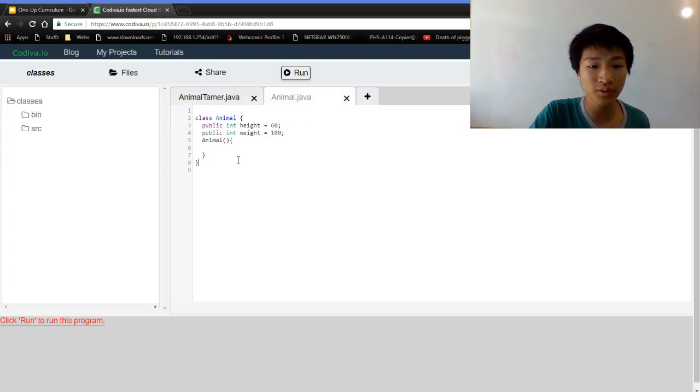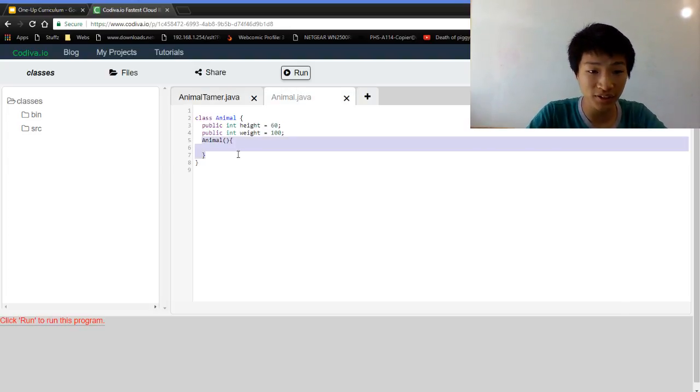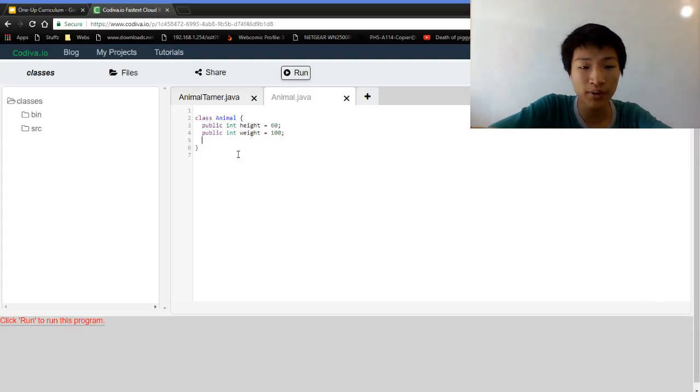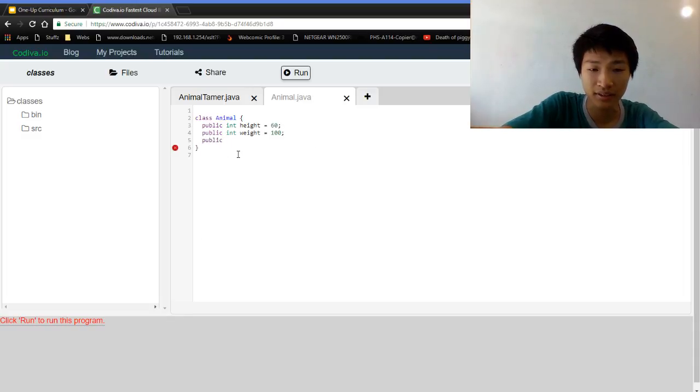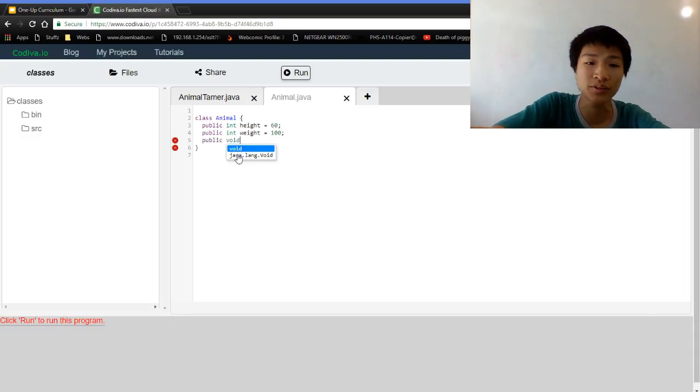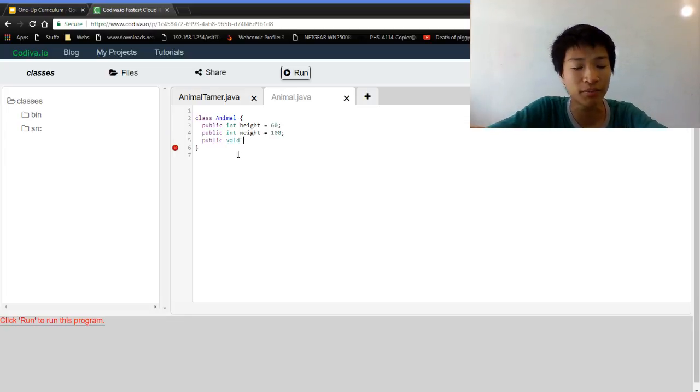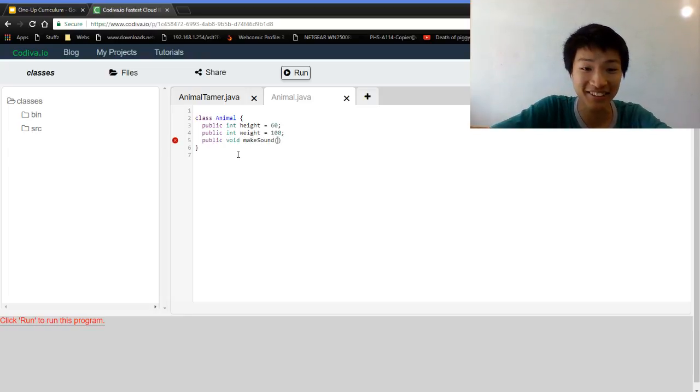Now what if we want to create a function? Let me get rid of this constructor for now. I will show you that later. What if we want to create a function? Let's call it public void. It's not going to return anything. Roar or make sound. Make sound. So this is now our